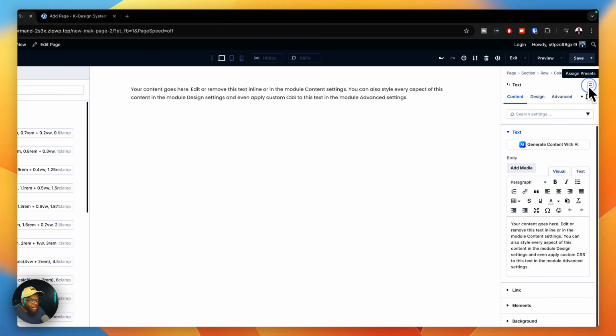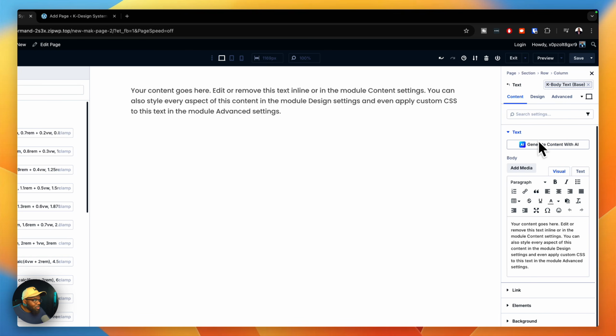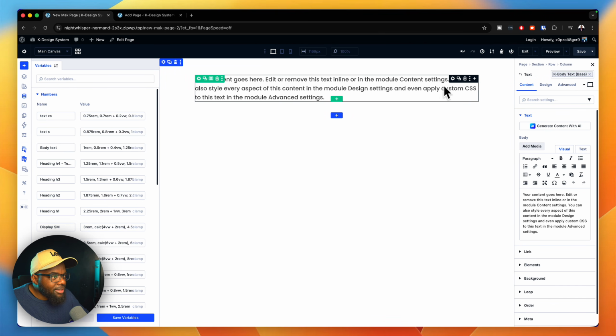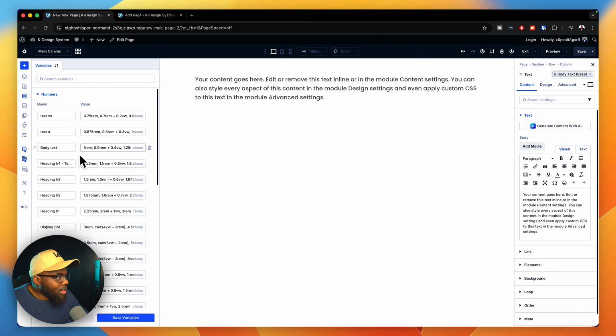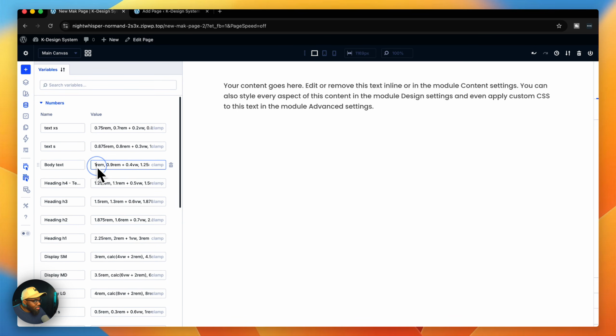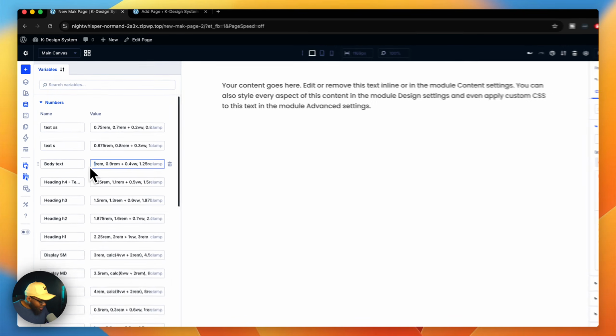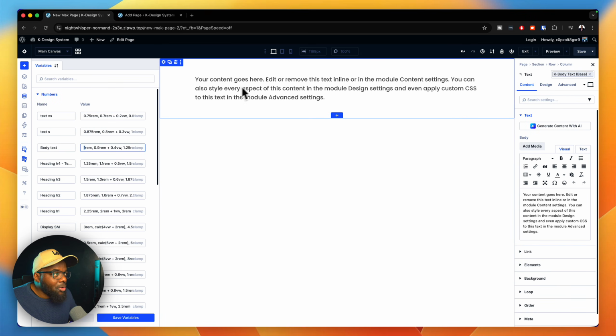In fact, let's make it slightly bigger so we can see a difference. Let's go with the base. Okay, so let's say this is the size. If I were now to come over here to the body text and change this, it is going to apply across the whole website where we have this body text, and this now is being controlled by the variable